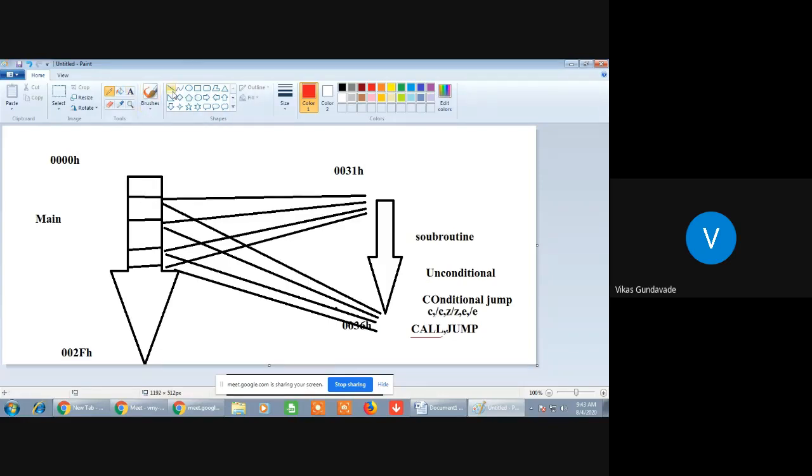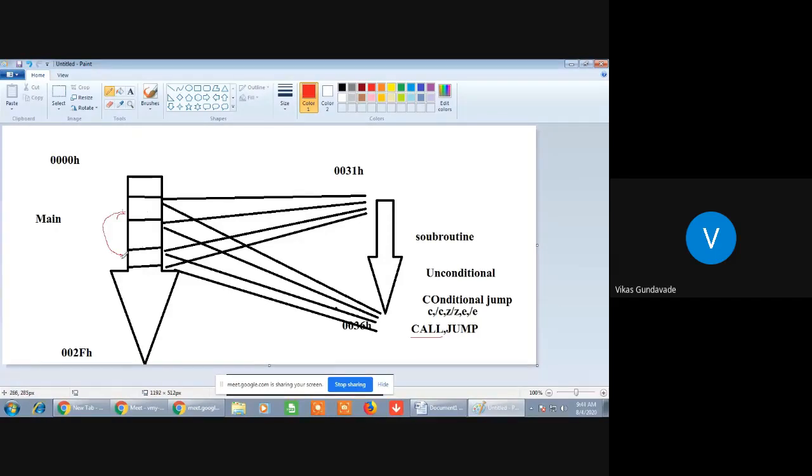And if the programmer needs to jump within the program, that means if the program counter is available here and from this location the programmer needs to jump to that location, then it creates a loop.